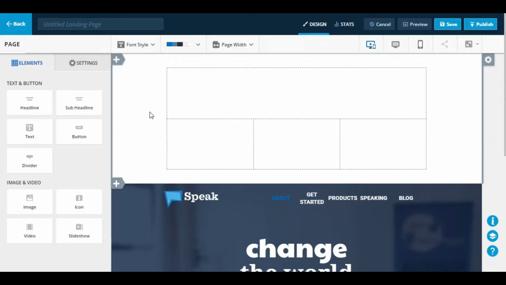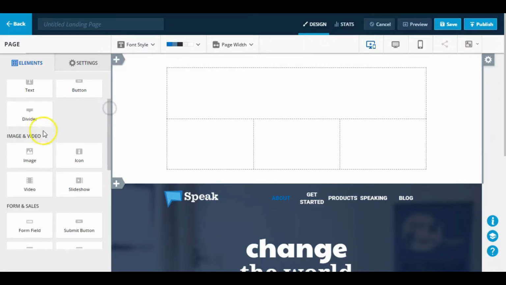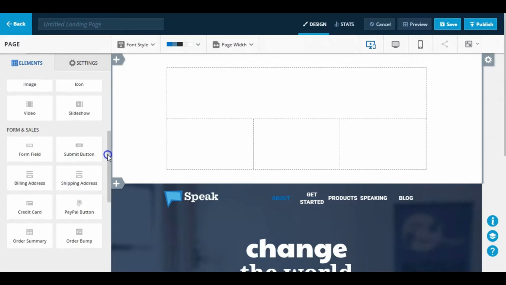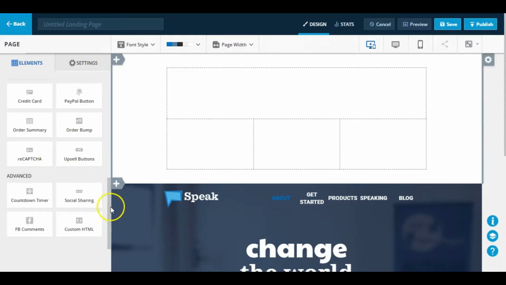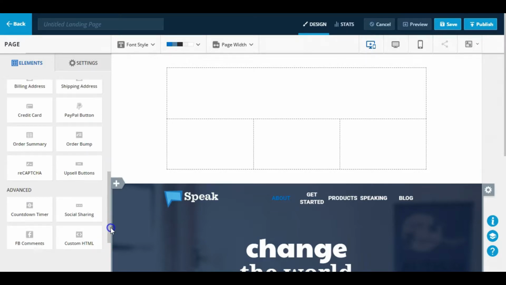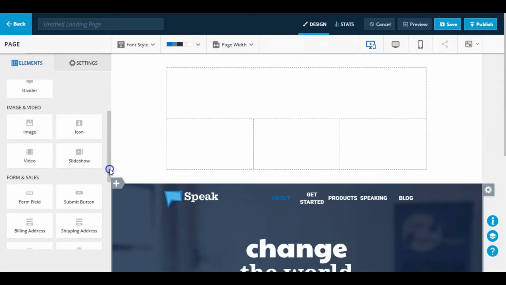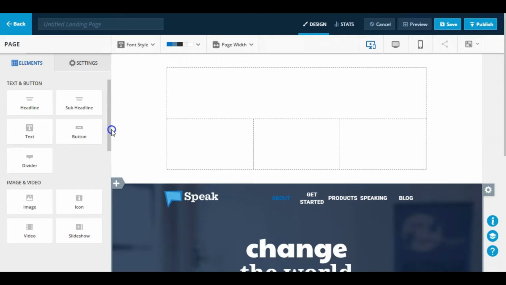However, when it comes to building out your own blocks, you have these elements right here that you can choose from, and they're sectioned out between text and button, image and video, form and sales, and advanced. And you can just scroll through these elements to see which ones you want to go ahead and add to your Ontraport page,